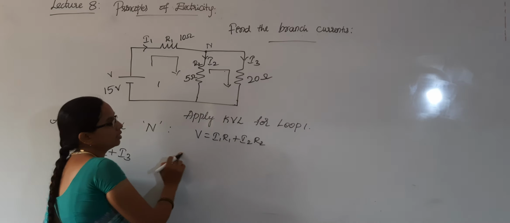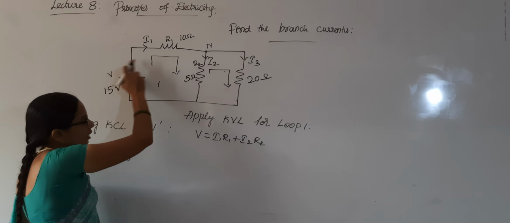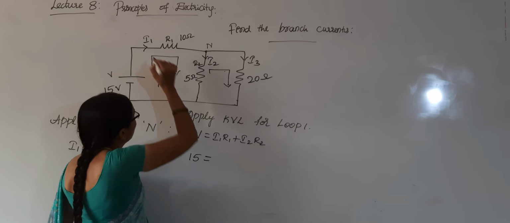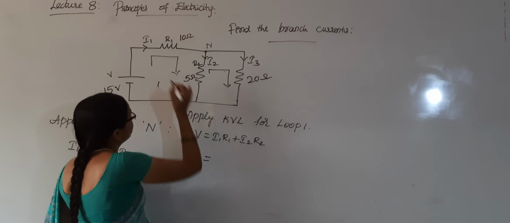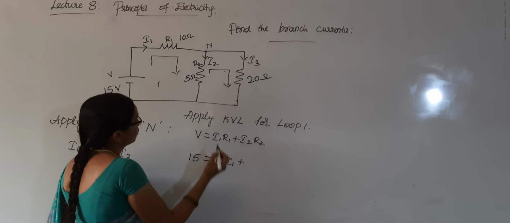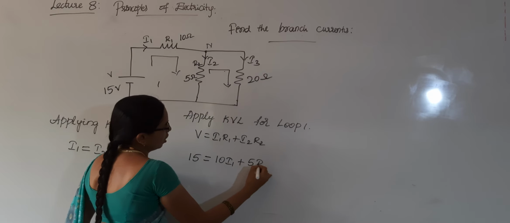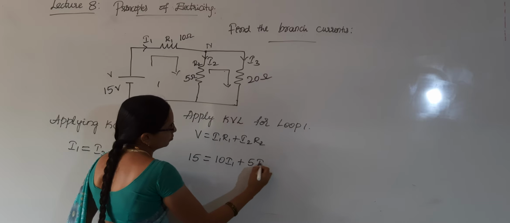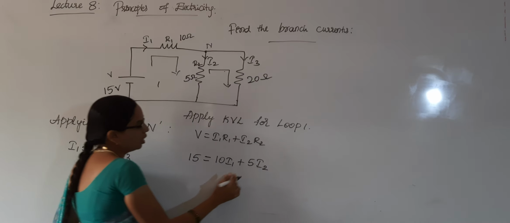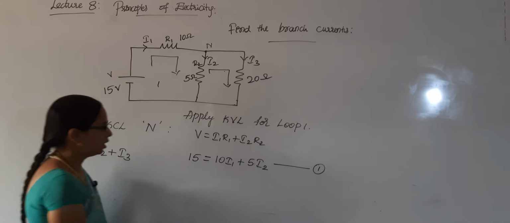No need to write this formula in each and every problem. You can directly put the values, that is 15 is equal to I1 R1. I1 we don't know, but R1 we know. 10 I1 plus I2 R2, that is 5 I2. R2 value we know, that is 5 ohm. I will call this equation 1. Okay. Next,